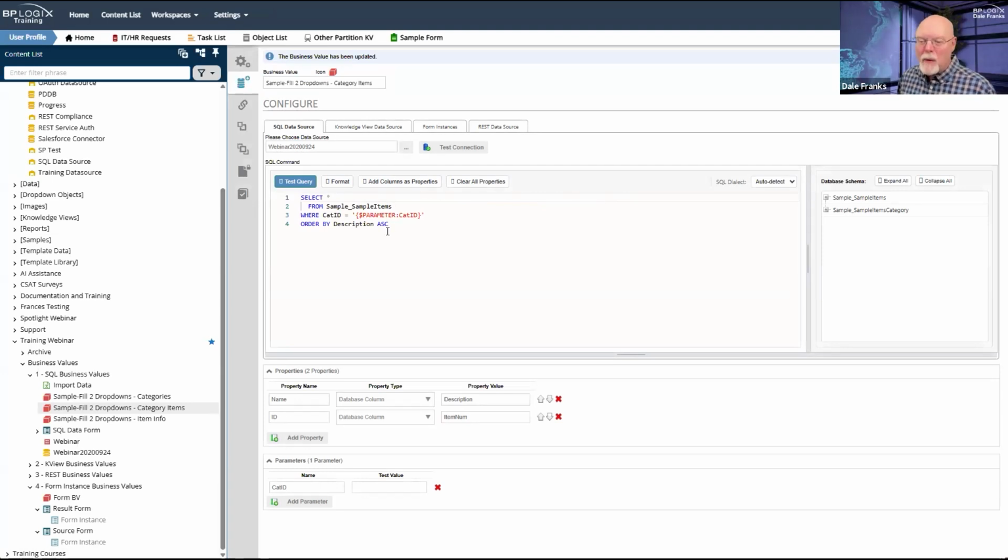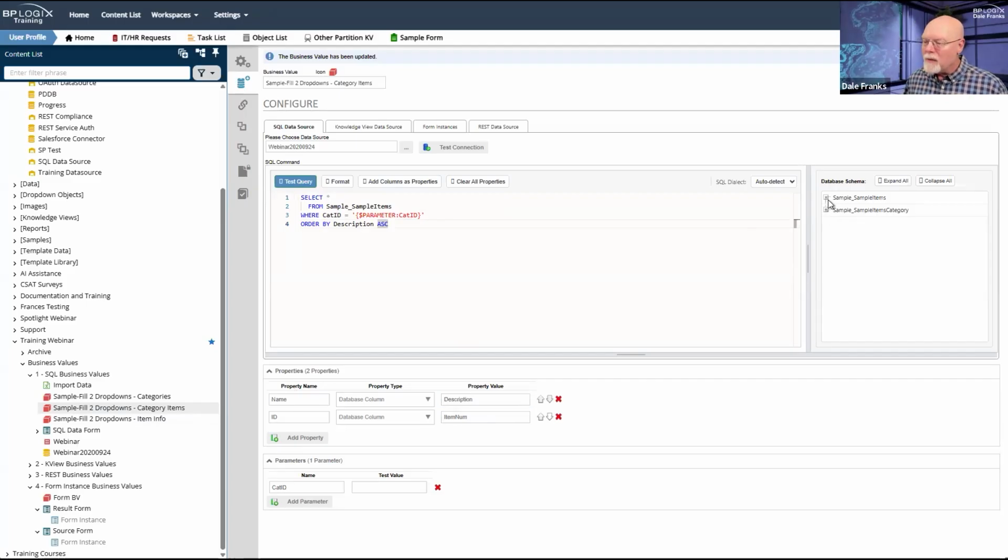So this is how we're pulling our items. We're just pulling everything from the sample items table where the category ID equals my parameter. And we're also setting the order. We're setting it by the description, the text name, in descending order. So the field that I'm calling name in my business value is description in the source data.